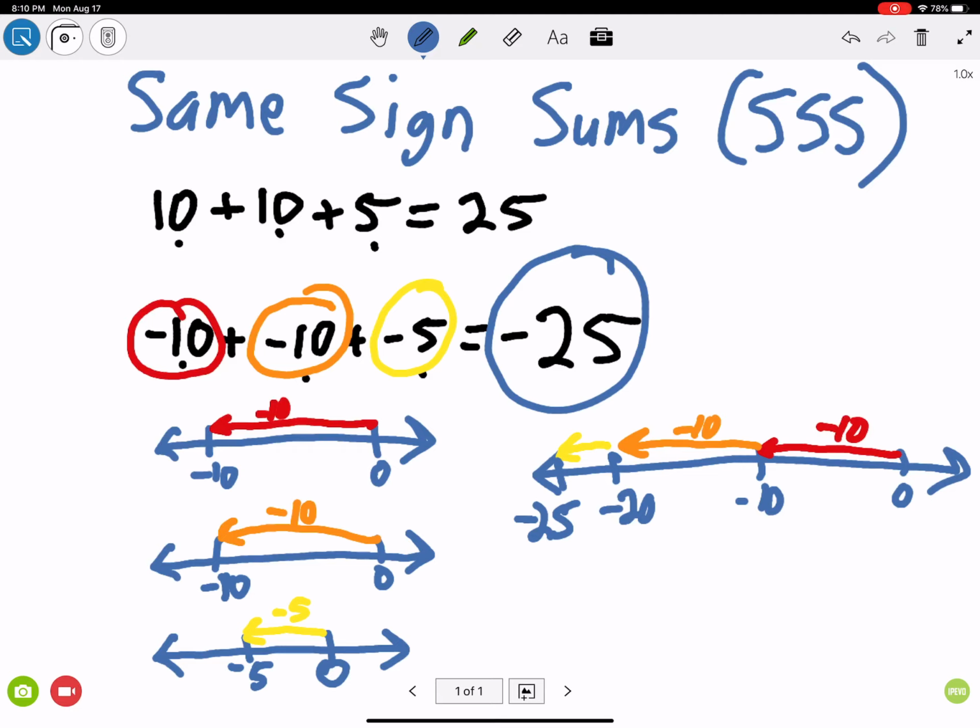Now, I don't care whether you use this method where you understand that with the same signs you're just going to add and then keep the sign, okay? Or if you use the number line method. Now, when we start making bigger equations, this number line method is going to be more tedious. So understanding what happens here is still very important. So just to summarize,